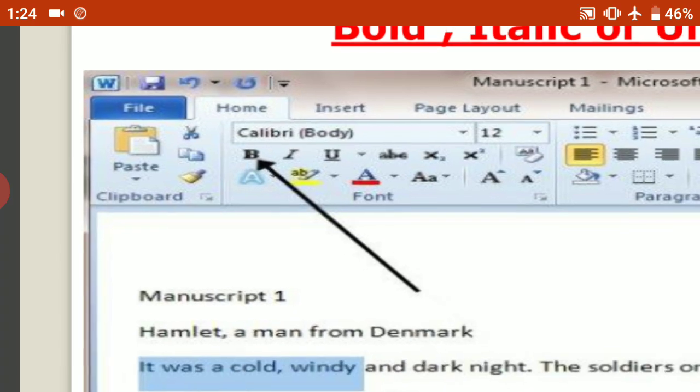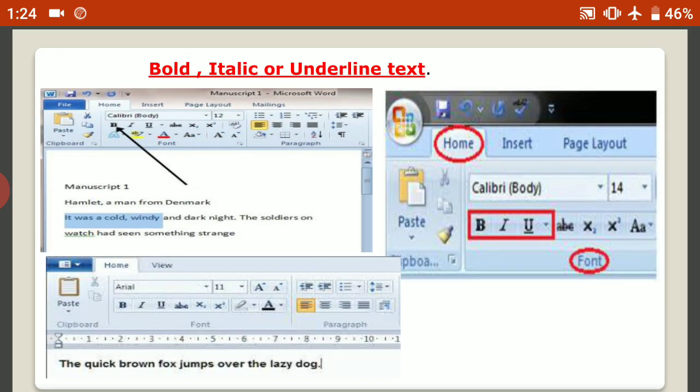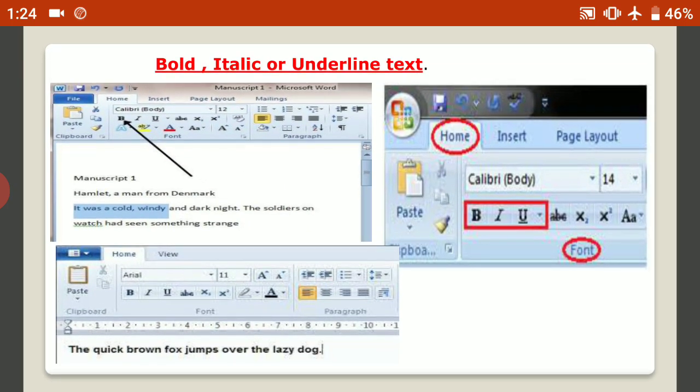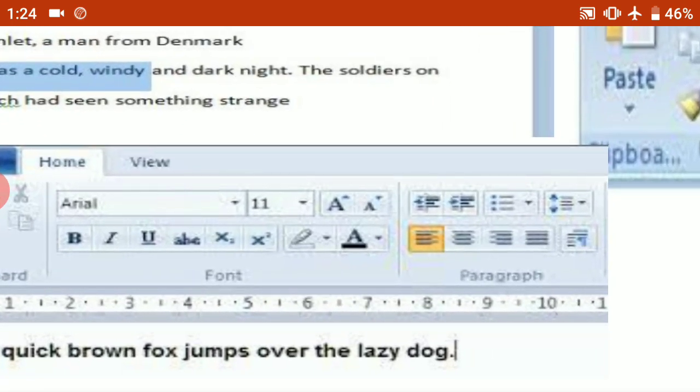If you want to bold your text, press the B. If you want to italic your text, just press I, and if you want to underline your text, you can press U. In this example, you can see here at the last, I use B, meaning bold.